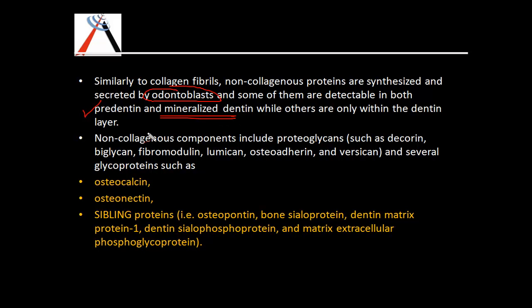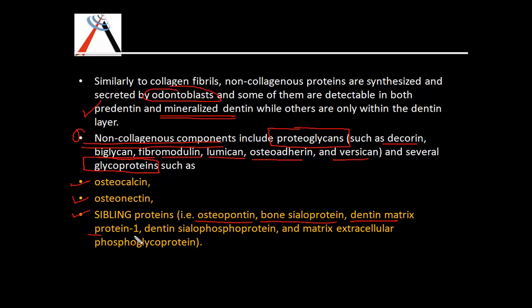Now these non-collagenous proteins are again of two types. They may either be proteoglycans or glycoproteins. The proteoglycans are decorin, biglycan, fibromodulin, lumican, osteoadherin and versican. Whereas the glycoproteins, examples of them are osteocalcin, osteonectin, SIBLING proteins like osteopontin, bone sialoprotein, dentine matrix protein,